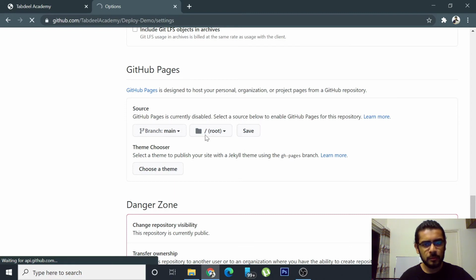So this will basically do it for us. So it will refresh the page and then it will give us the link on which our website will be live. So let's just give it a couple of seconds. This usually happens instantly, but in some cases, if it's a big project or if you have added a lot of files, then it might take up to a couple of hours to reflect everything. But the first index.html usually reflects immediately. The styling or the functionality might take some time, but the HTML bit at least shows up almost immediately.